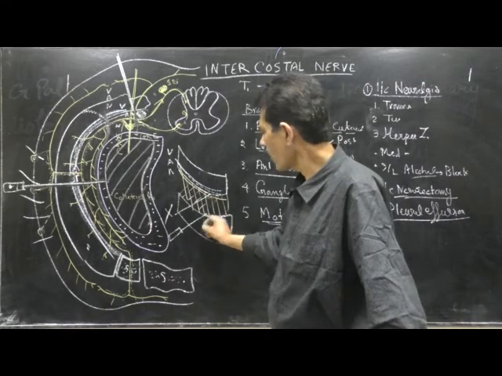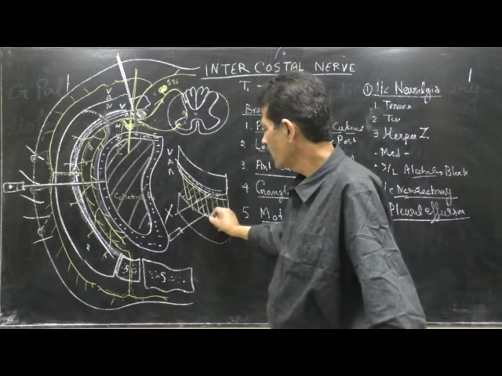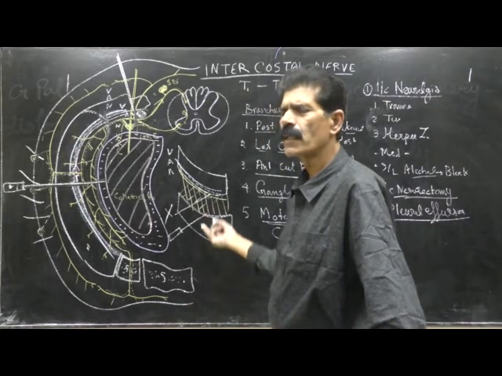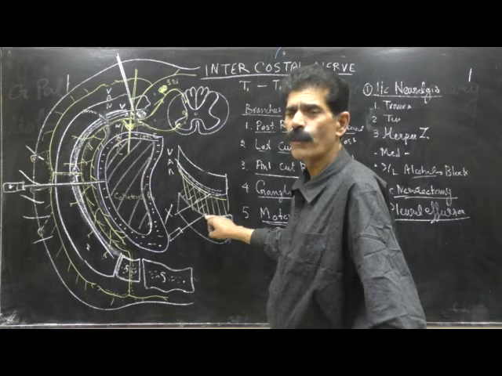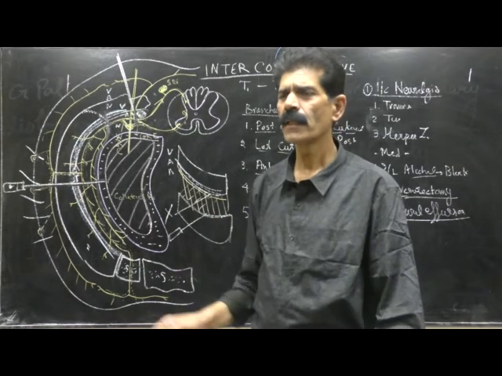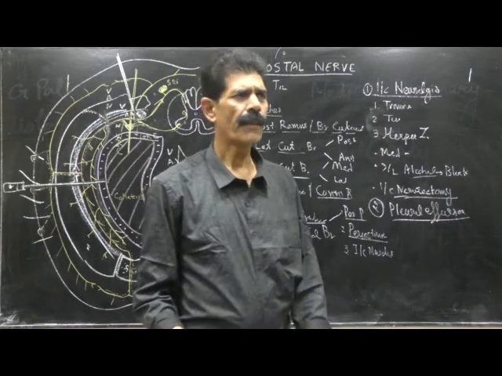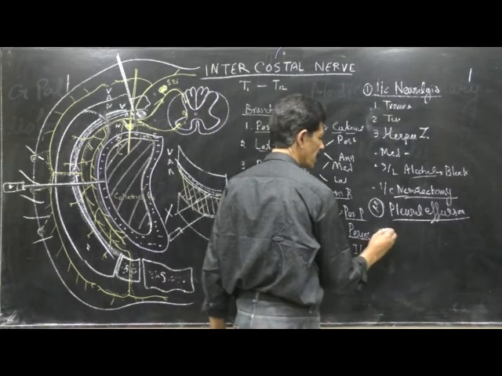So the syringe should always be introduced at the upper border of the rib, because in the upper part there is no nerve. So there will be no pain with withdrawing the pleural fluid from it. So that is the second applied importance. Another applied importance of the intercostal nerve is the